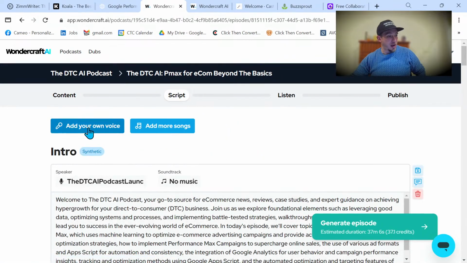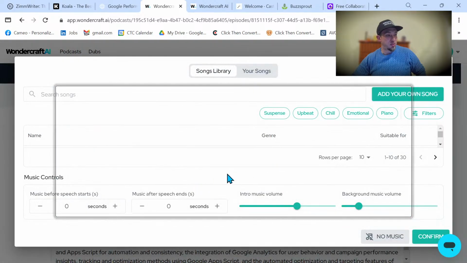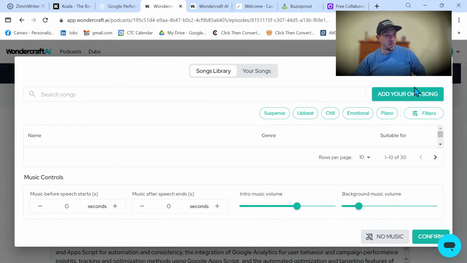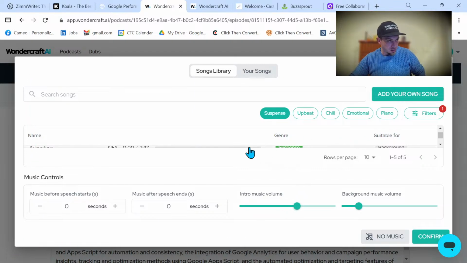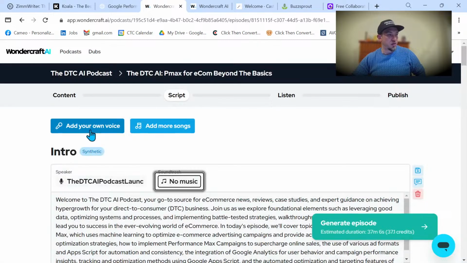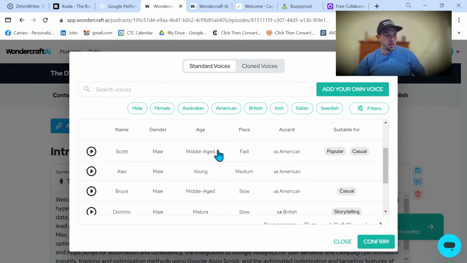So if you want to, you can now add your own voice, and you can add music to this. I have my soundtracks that I like in here, but I'm not going to add them right now because I use them for a lot of different things. But there's a huge library in here, and you can look through this. Hopefully it's bigger on your screen. They changed this layout a little bit, but there's tons of music here and voiceovers as well. So you can use your own voice if you'd like, or you can use one of their voices. They've got a lot. All right.